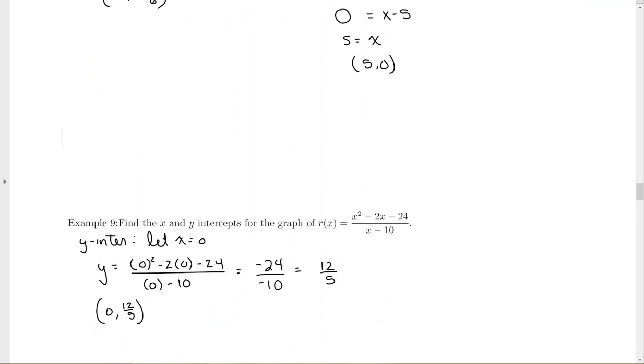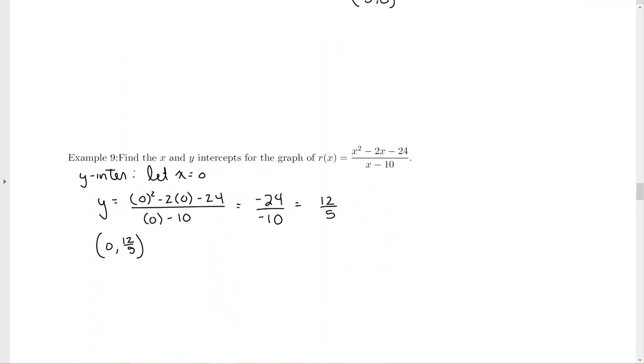Right. Let's try the next one over here. Find the x-intercept. Let y equal 0. Now you're going to see what's going to happen here, because I'm going to ultimately have to get rid of the denominator. So when I do that,